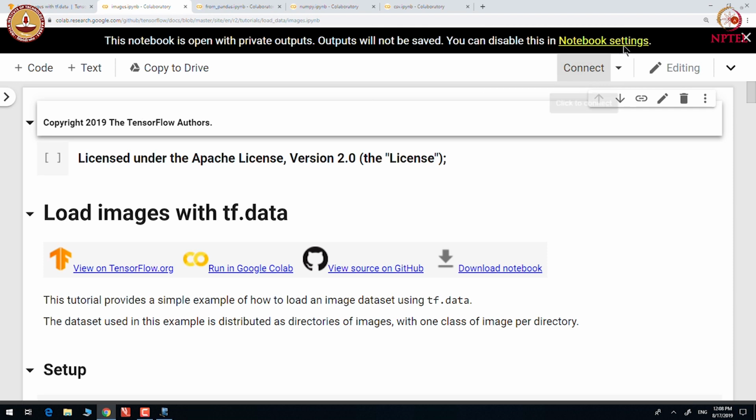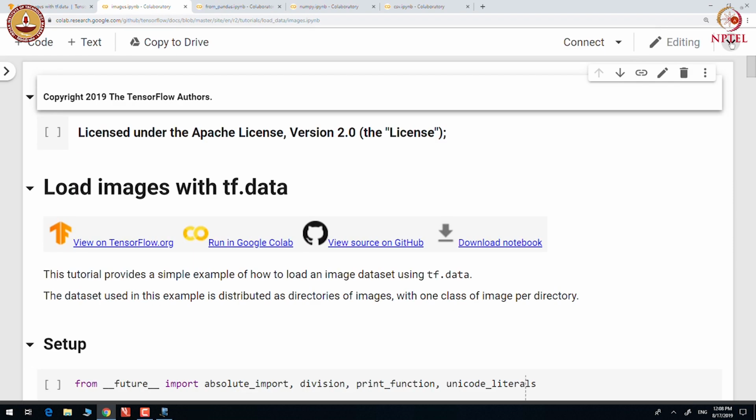Let us try to understand how to create a dataset from an image dataset. The image class is provided in the directory name and we have multiple directories of images.